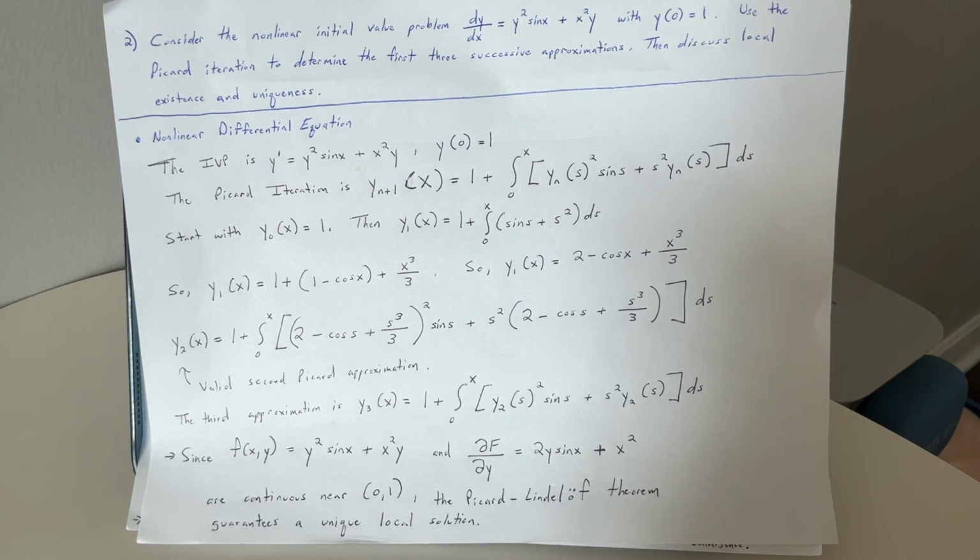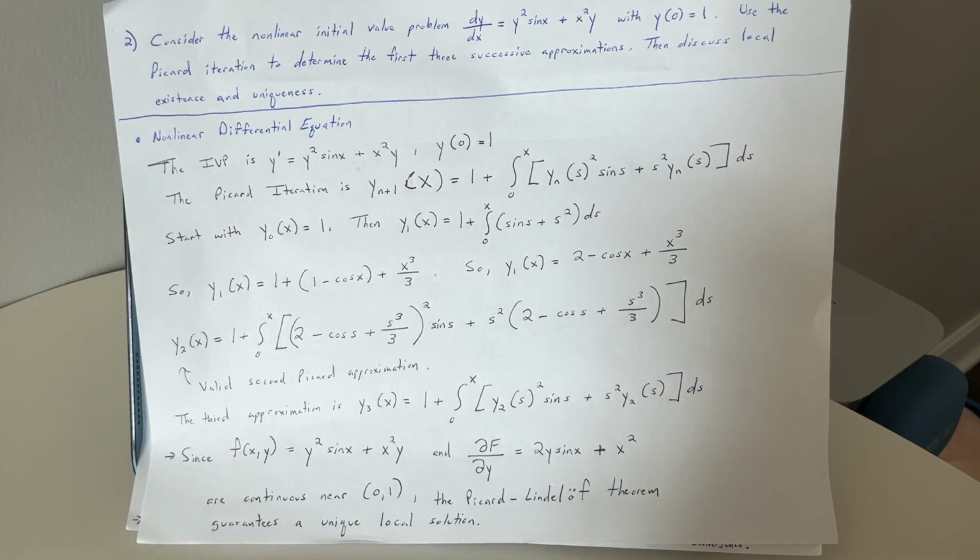s squared ds. Now from here, we could say y sub 1 of x equals 1 plus the quantity 1 minus cosine x plus x cubed over 3. So y sub 1 of x equals 2 minus cosine x plus x cubed over 3. So over here,